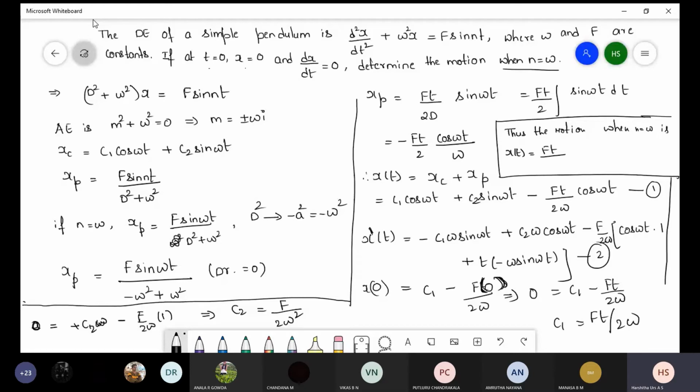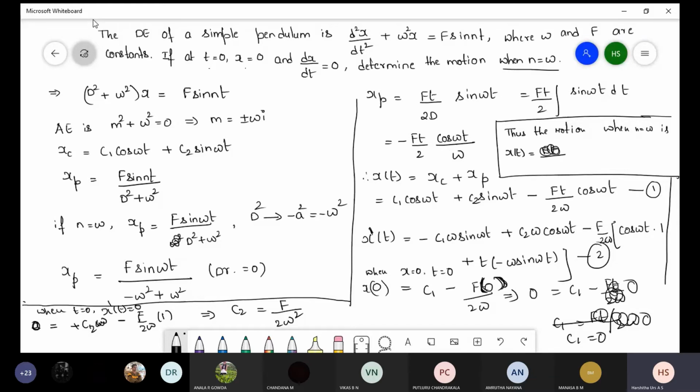F of 0, so the whole term we will get 0. So here we get C1 is equal to 0. Here I will write C1 is equal to 0. Make a change. Here you can write when x is equal to 0, t is equal to 0. Here also you can write when t is equal to 0, x dash of t is equal to 0. So here when t is equal to 0, C1 will become 0.